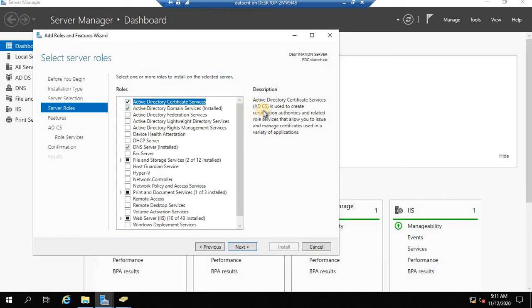Now if you read the right-hand pane, Active Directory Certificate Services is used to create certification authorities and related role services that allow you to issue and manage certificates used in a variety of applications. See, this is my main reason for making this video right now. I was supposed to make this video after 20 to 30 videos. I'm going to make a minimum of around, I guess, 100 or more than that. So I was planning to make a tutorial for the certificate server later, after making 20 or 30 videos, that means after